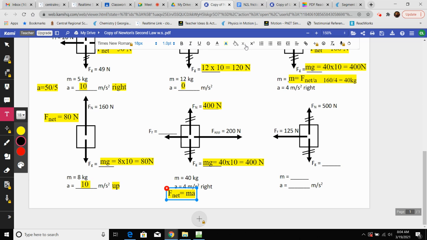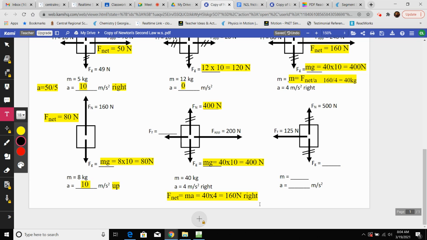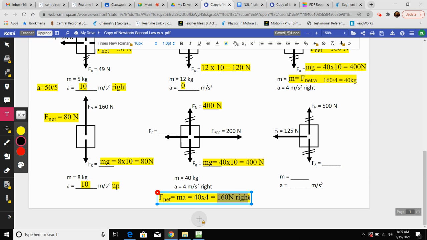So we're going to do mass times acceleration, which is 40 times 4, and that is what, 160? Does that sound right? Okay, now since the acceleration is to the right, the net force has to be to the right as well. So guys, if I just showed you this drawing without any other numbers, without mass, without acceleration, if you just knew that the net force of this diagram had to be 160 to the right,